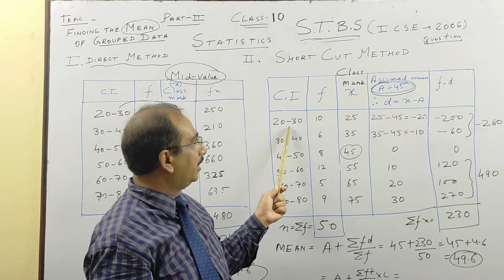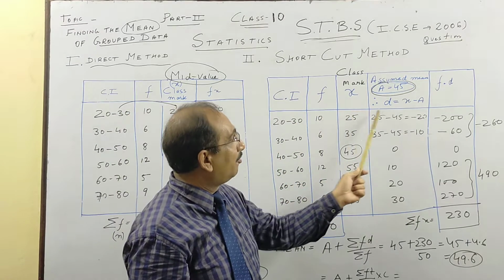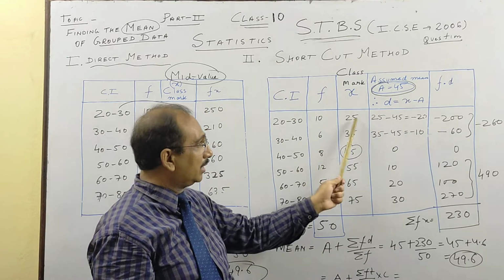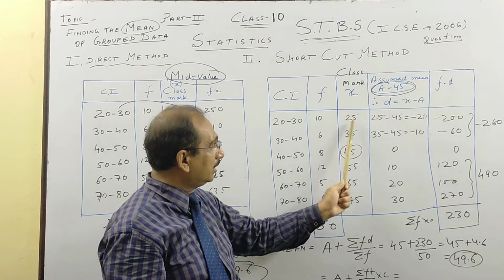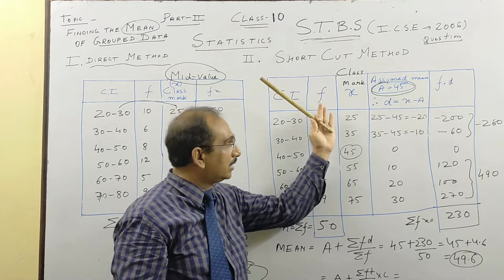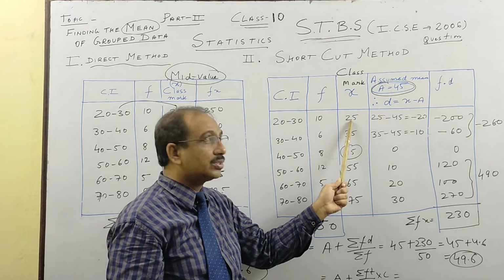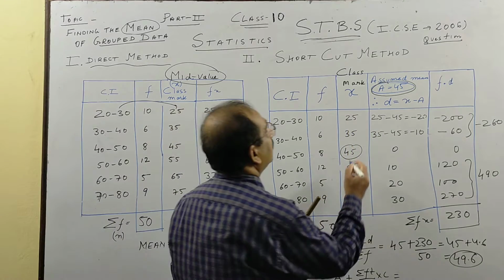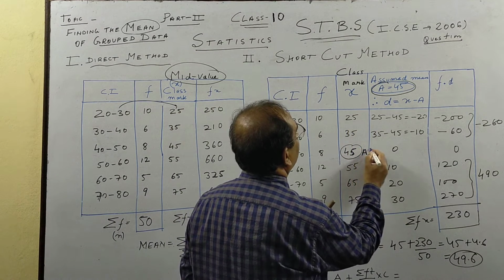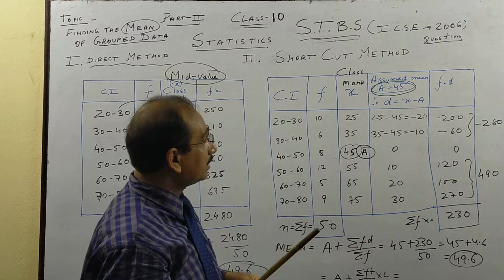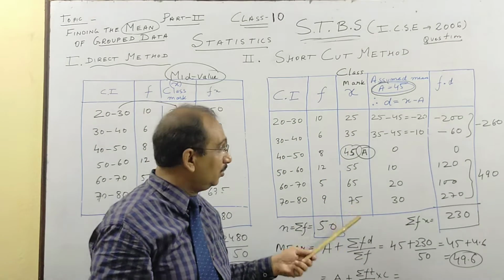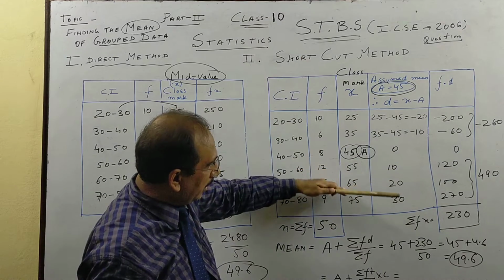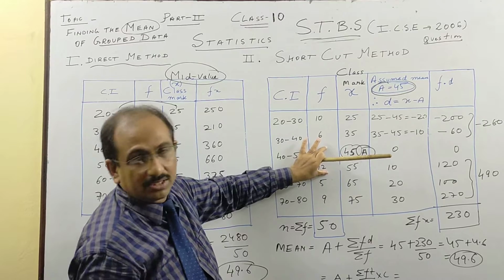First we find d. d means difference. Don't look at any other place, only at these class marks. How far is 25 from 45? This is our assumed mean. Then you will say, sir, how do we choose this? Why not other values? See, there are 6 data. You leave 2 above, you leave 2 below, and you are left with these 2.